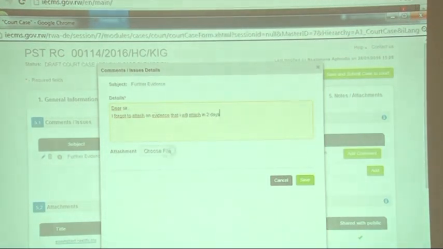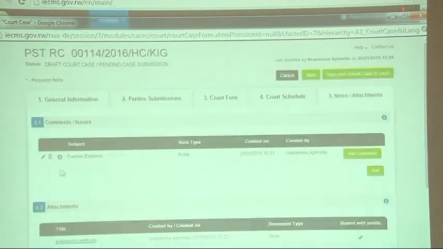For example, if you have any attachments to accompany your comment, you can just add it here and then I'll click save. So if the court ever wrote a comment under another subject, I would see it here. If they commented on my subject, I would see